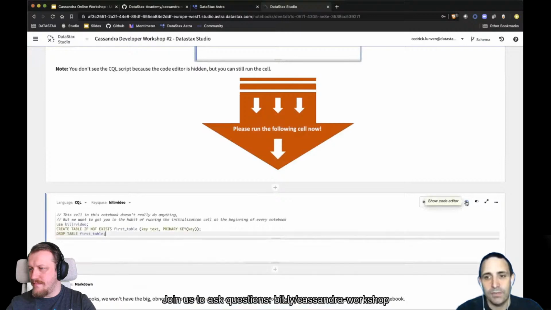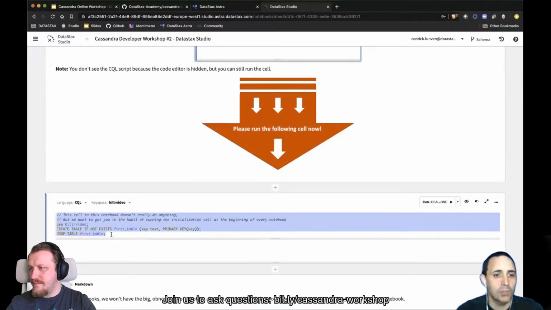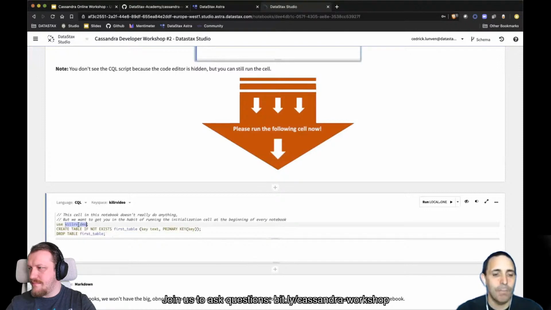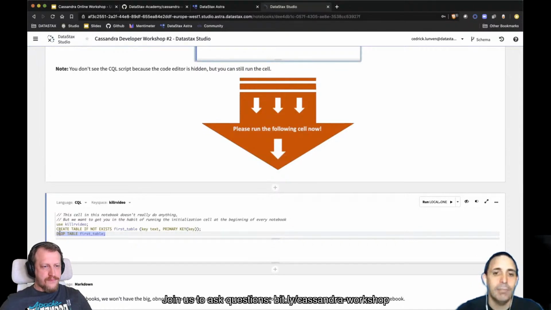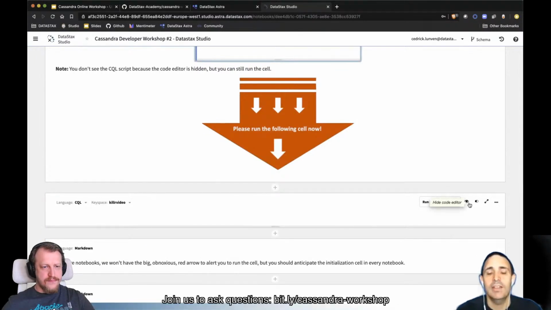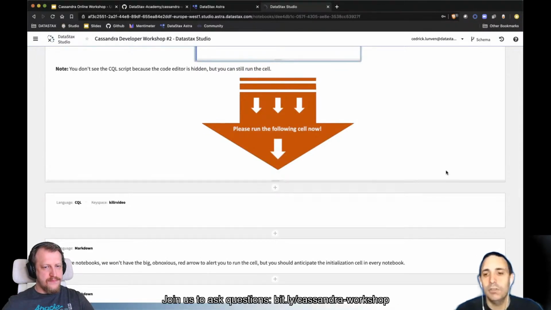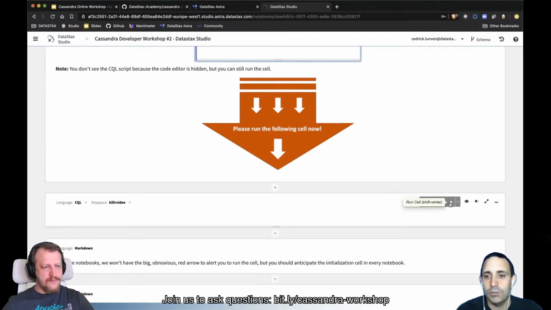If I open it, you can see that there is some code here. Use killer video, this is the keyspace we just created. Create a table and drop the table. So basically, this does nothing. Create something and drop something. But this is just to show you that for every single notebook, you go there and execute by clicking Run Cell on the top right-hand corner of the cell, like that.